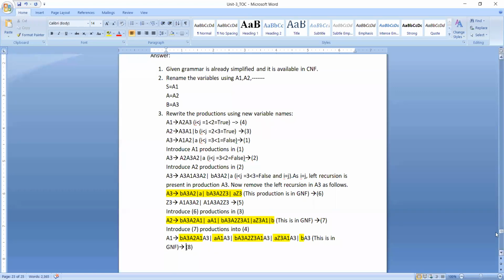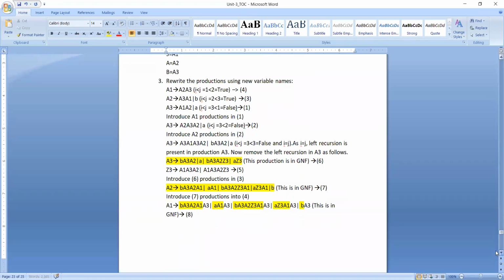Now please observe. We have converted our A3 productions into GNF, A2 productions into GNF, and then the A1 productions also into GNF. But here we are forgetting something which needs to be converted into GNF. What is that?